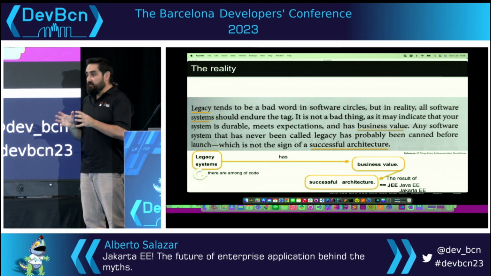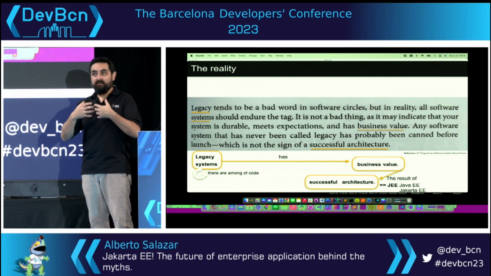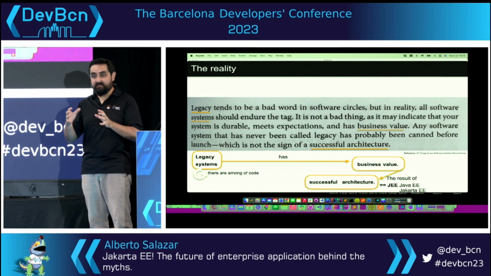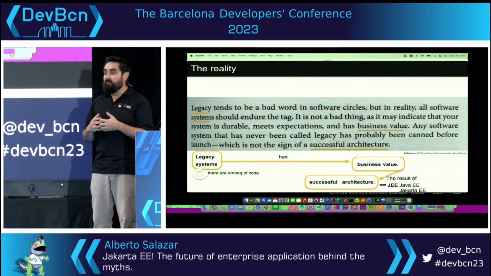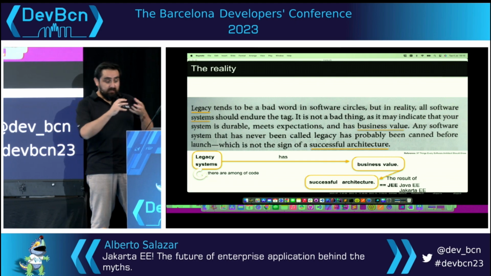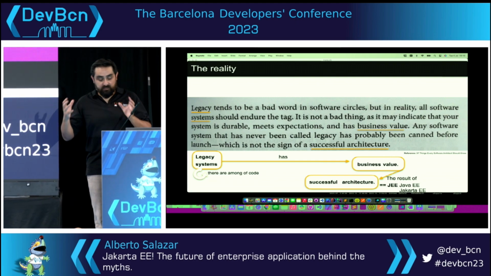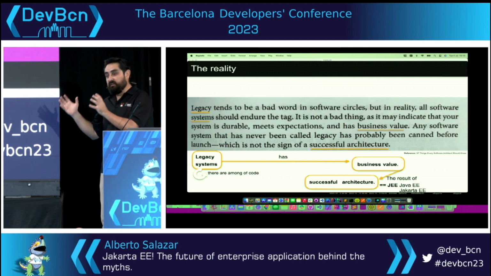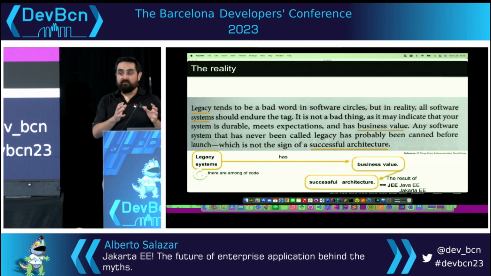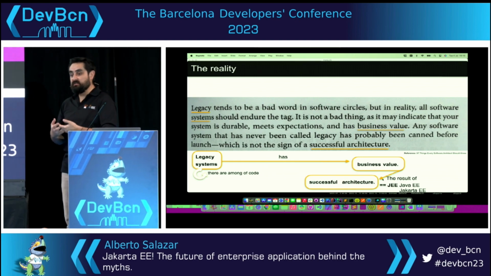It is code, an application that, through all these years, all these decades, has given us business value. So we must embrace this code, take care of this code, and move the application and the architecture forward. And most of this code continues working because of the standards and the implementations of the